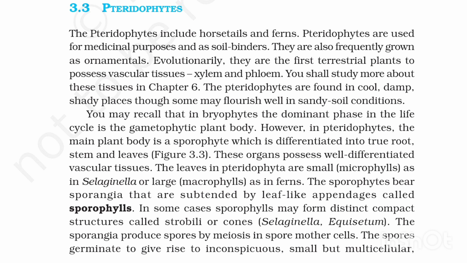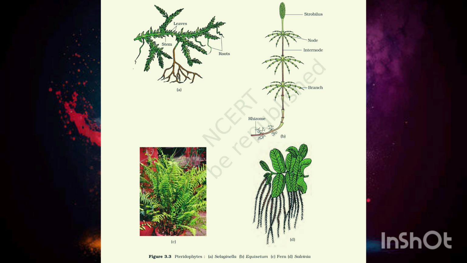The leaves in Pteridophyta are small, microphylls, as in Selaginella, or large macrophylls, as in ferns. The sporophytes bear sporangia that are subtended by leaf-like appendages called sporophylls. In some cases, sporophylls may form distinct compact structures called strobili or cones, Selaginella, Equisetum. The sporangia produce spores by meiosis in spore mother cells. The spores germinate to give rise to inconspicuous, small but multicellular